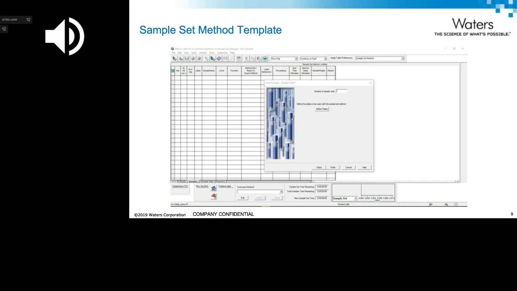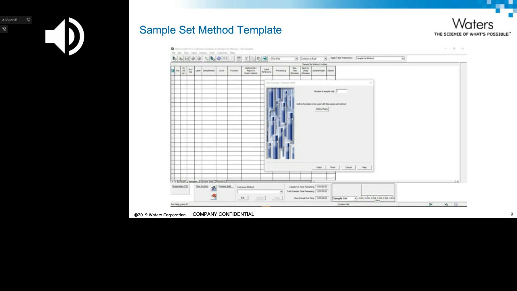So in this case, in the screen, it's prompting me for the number of sample vials. There could be other things. There could be the sample name or other sample custom fields that I might have that vary on a routine basis. So I would be prompted to enter those pieces of information, but everything else that's built into the method would remain consistent.